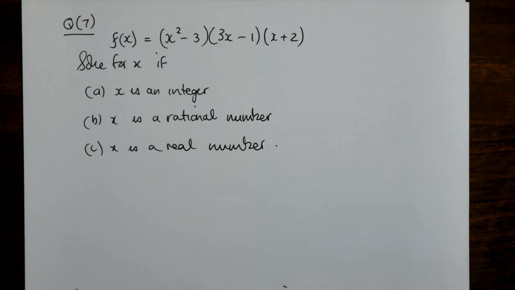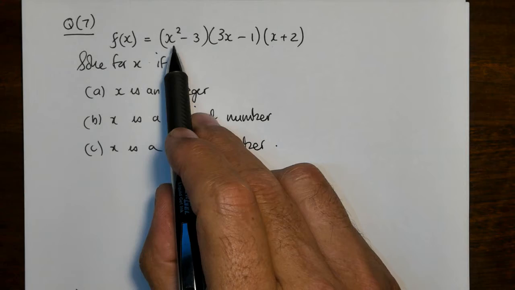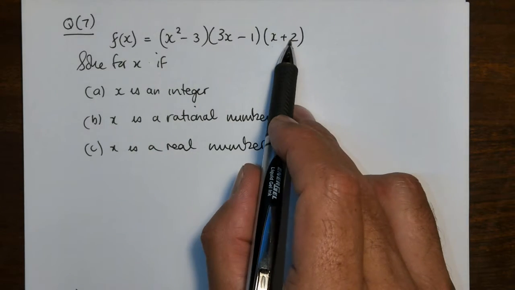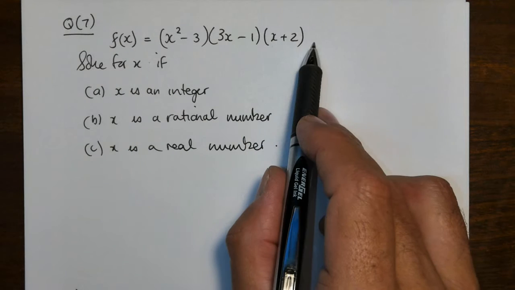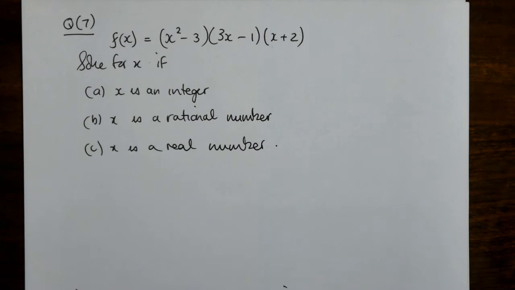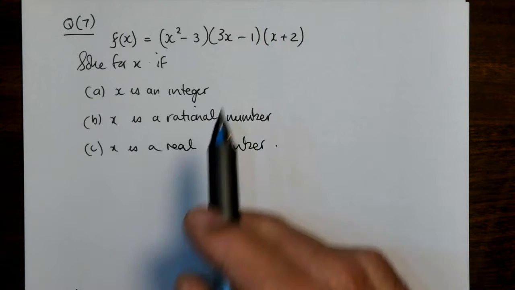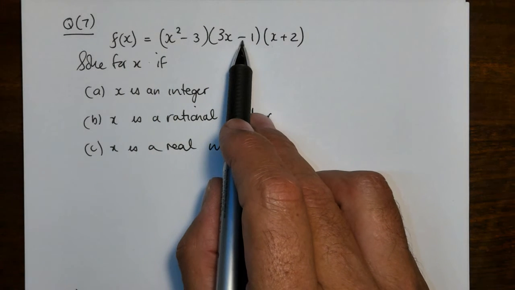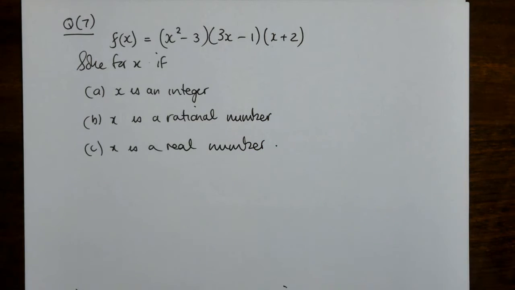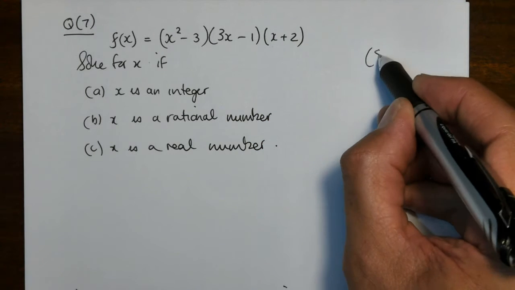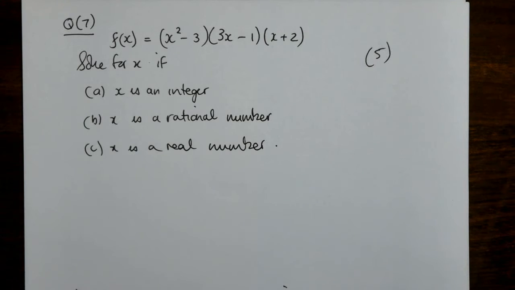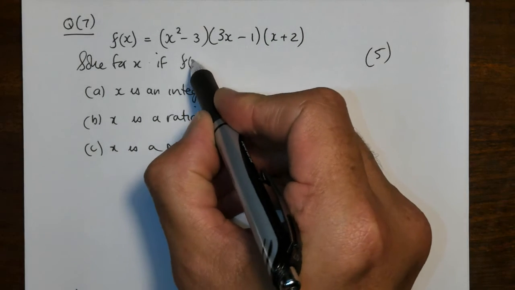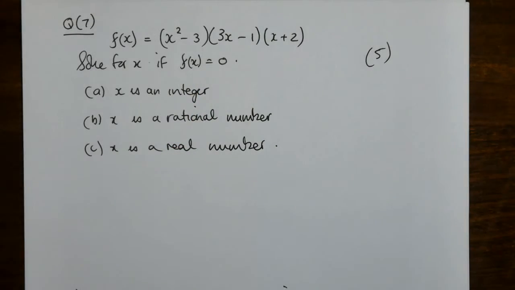Okay, so f of x, they've given us as this set of factors. Remember, these are factors. So f of x is already fully factorized. Okay. F of x is x squared minus 3 times 3x minus 1 times x plus 2. The question was asked for a total of 5 marks. Now they're asking us to solve for x if f of x is equal to 0, clearly here, and